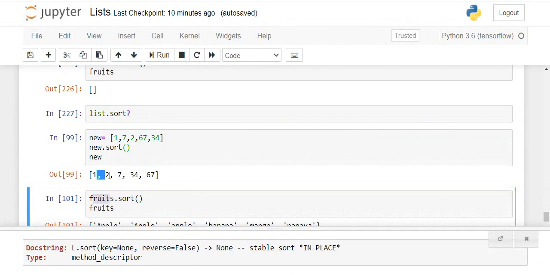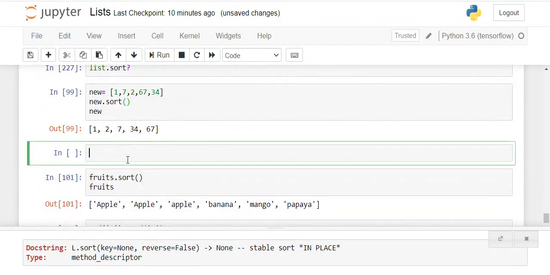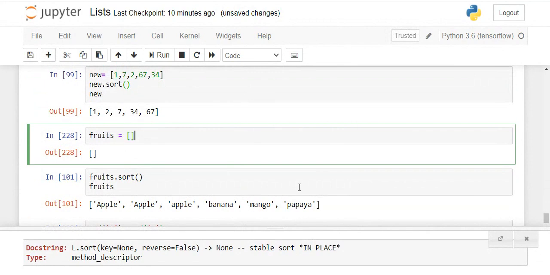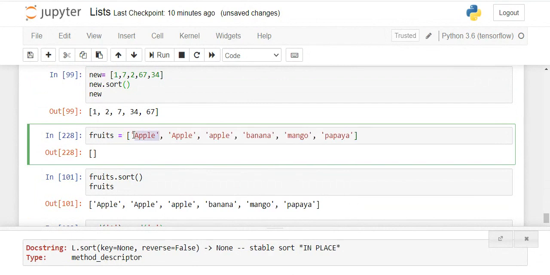And if there are fruits, these are the numbers. Let's say some fruits are there. First we have to see what is present in the fruits. In our case, nothing is present. I have to declare it again. Suppose in my fruits all these elements are present, and apple is, let's say, present over here. So these are my objects where you can see the difference: A is capital, a is small, and there's A capital. You don't have to repeat it. And there's mango, papaya, and this is a banana.